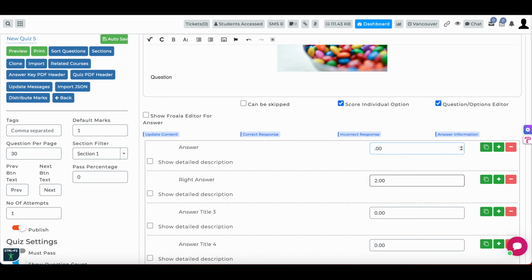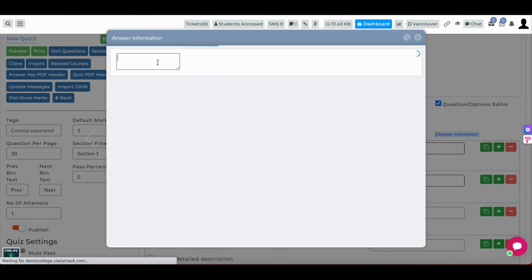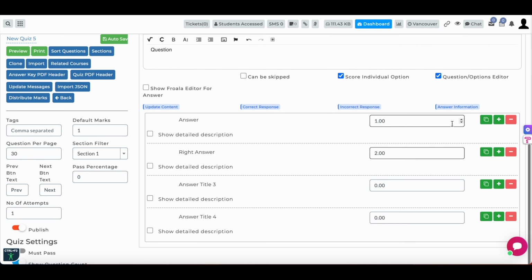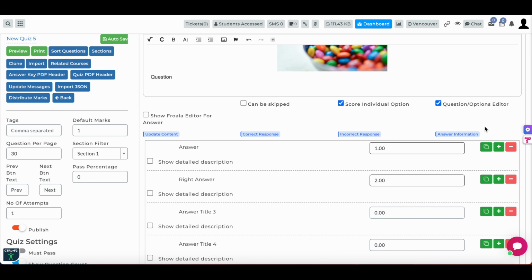The Answer Information button is a special spot where only you and the system can see what you type. Even after students finish the quiz, they can't see this information. The tool also gives you Clone/Add/Delete buttons for each answer choice. This lets you change the options for each question, whether you want to add more, delete some, or copy the